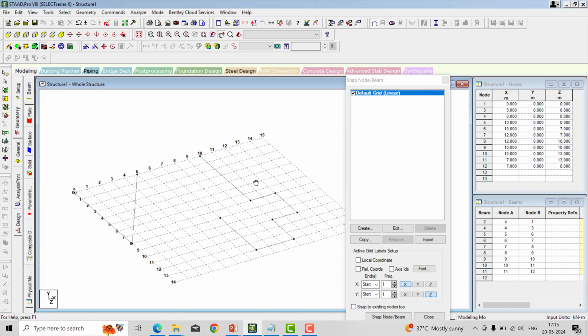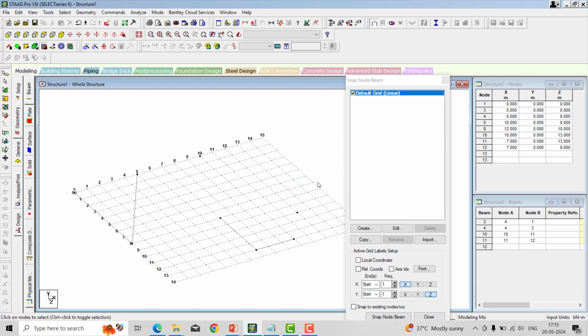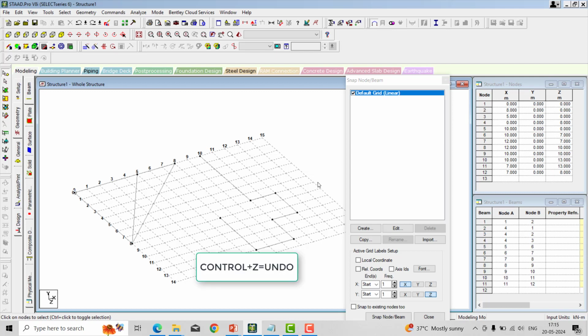And then if I want to delete only node, then we have the node cursor to select the node. You can select one node or multiple nodes directly just by dragging over them. So this is how we select the node number 6, 7 and 8 and then hit delete. Even by using the Ctrl Z option, you can undo so that you get back your work. So this is how we can Ctrl Z.